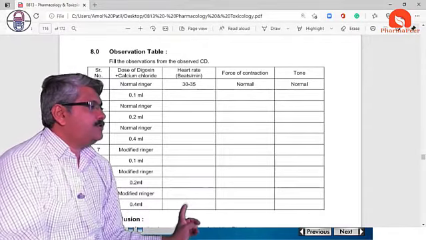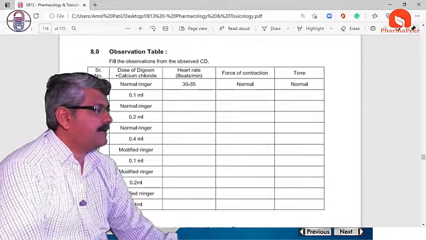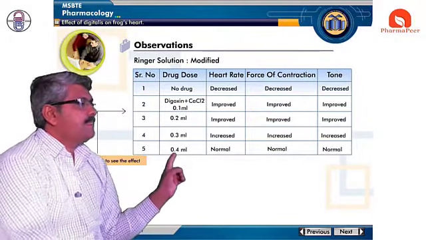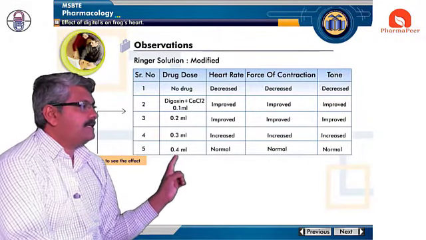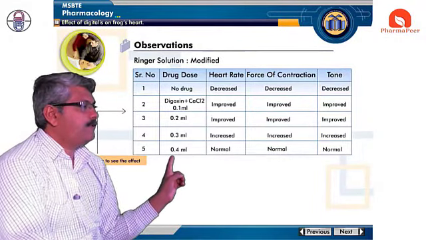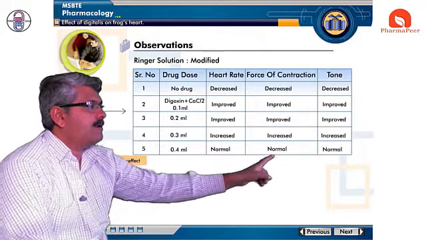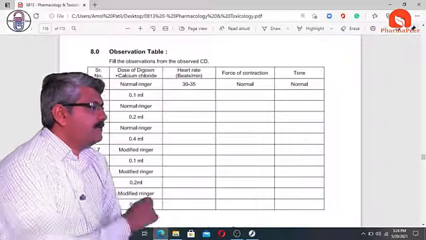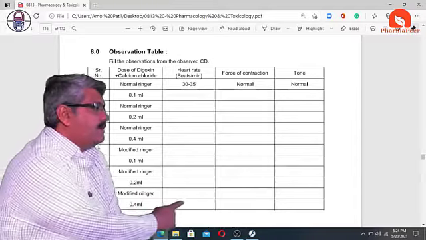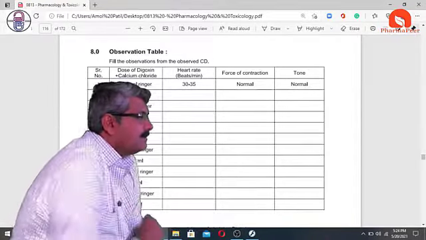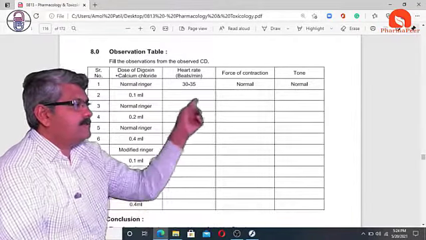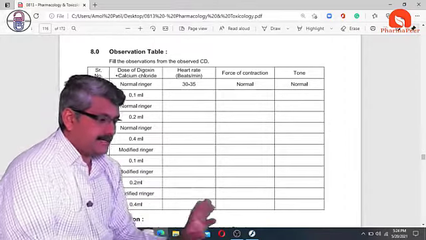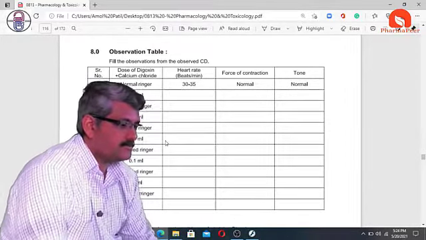And last, at 0.4 ml, what do we have to write? That is a higher dose of this digitalis and calcium chloride. At this 0.4 ml, we have to enter normal. So here we have to enter normal. So this is the observation table that we have to write. After this observation table,